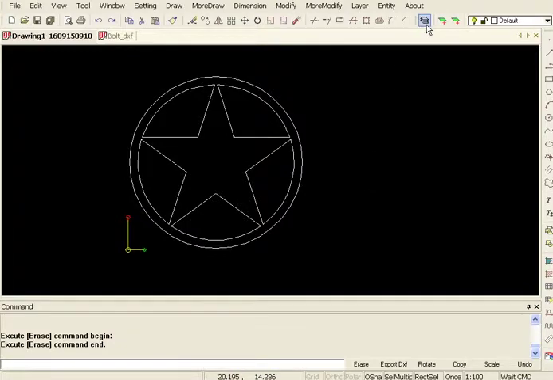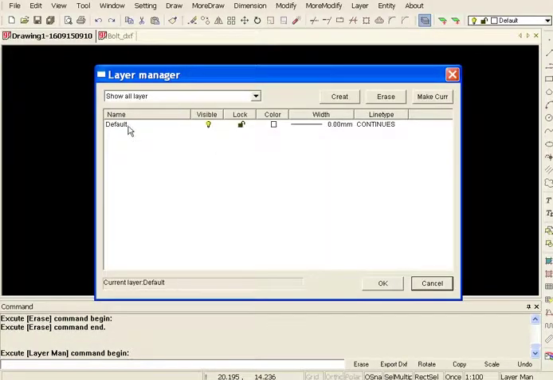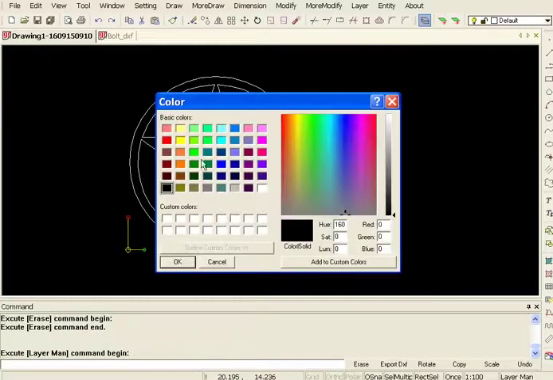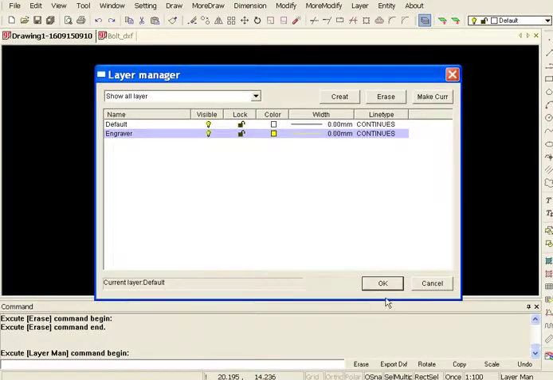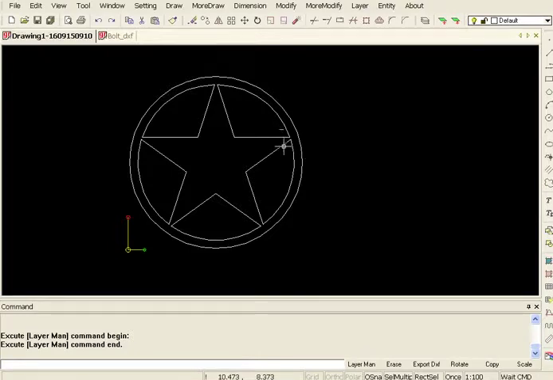But first we need to know if we even have 2 layers. Layer manager, default, so we still need 1. Create, engraver. And then color, you don't have to do this, but I like to change the color so we know exactly what's on that layer. Okay. And then we're going to simply